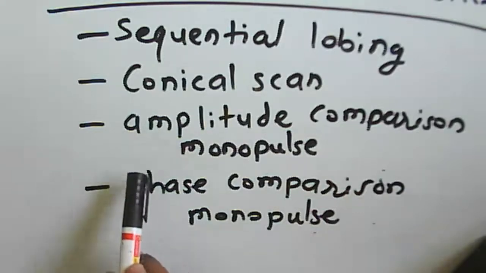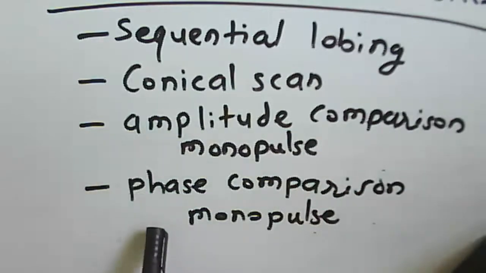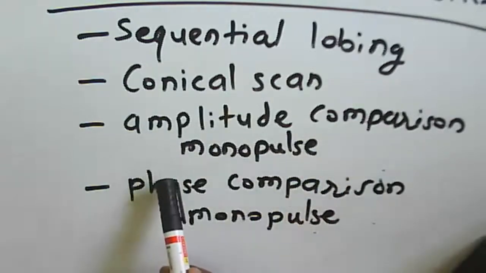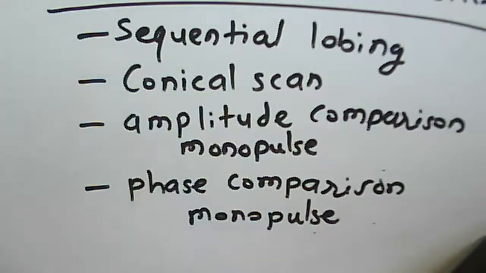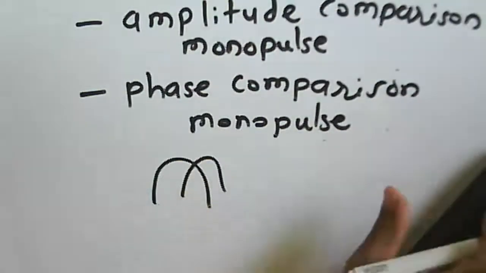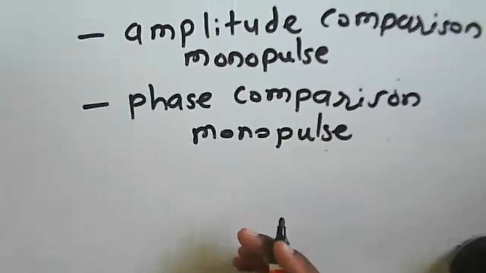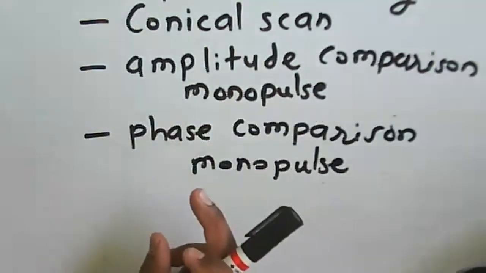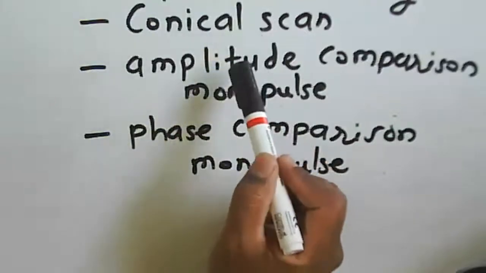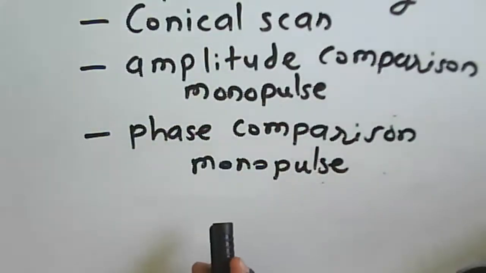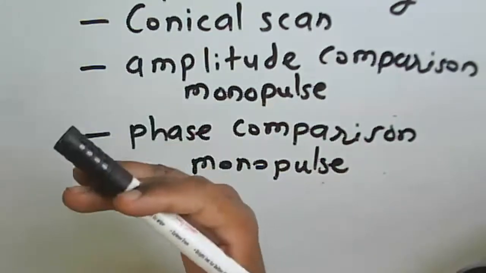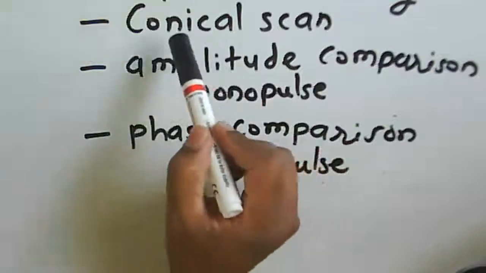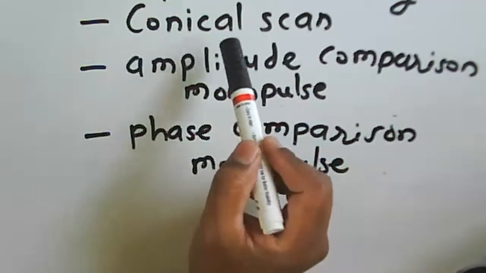Instead of phase comparison, an amplitude comparison monopulse tracking radar is used. In that case, we get the radiation pattern, so we can find out the amplitude comparison of the pulses, and we can also do angle tracking. If you compare, the conical scan and the amplitude comparison are both better here. But if you compare again, the conical scan as compared to this one